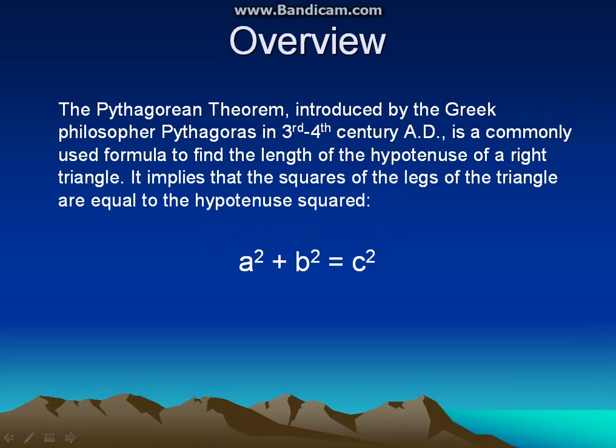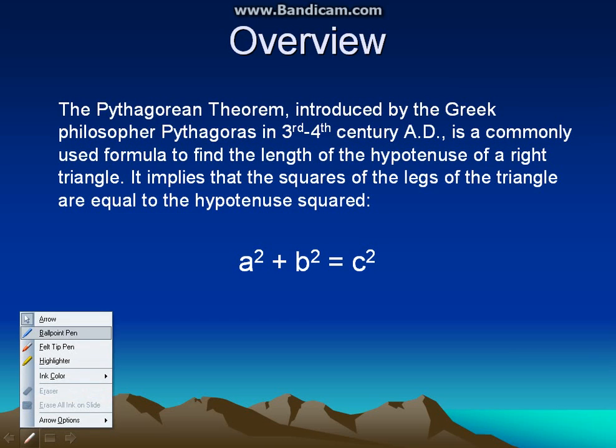Okay. Overview. The Pythagorean theorem was introduced by the Greek philosopher Pythagoras in around the 3rd to 4th century AD. I don't know the exact date. This is what I learned in elementary school. It's a commonly used formula to find the length of the hypotenuse of a right triangle. It implies that the squares of the legs of the triangle, which would be A,